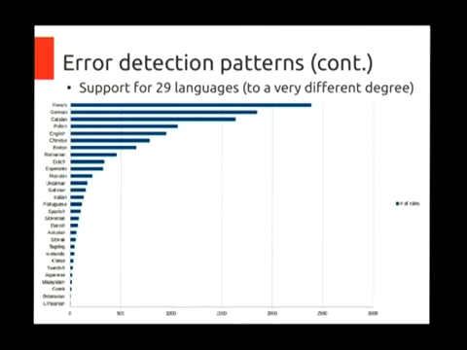Now we have these kinds of rules for 29 languages, which technically means we support 29 languages, but we support them to a very different degree. You can see here, I guess if you cannot read this, the languages with the most rules are French, German, Catalan, Polish, and then comes English. So French, for example, has more than 2,000 rules, and there are other languages like Greek and Japanese that have less than 100 rules. This is only a very rough indication of how well a language is supported,